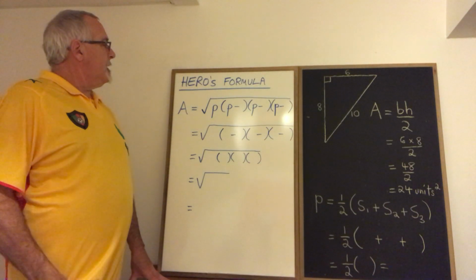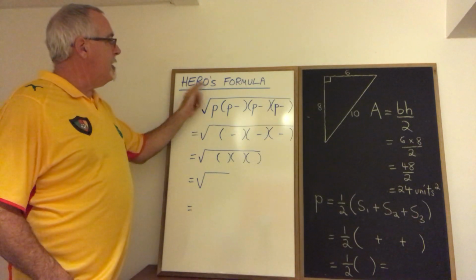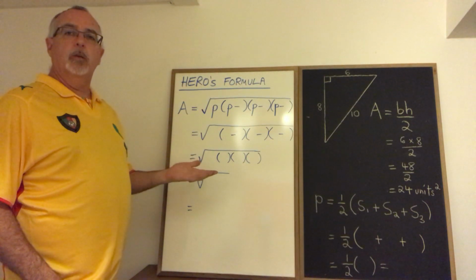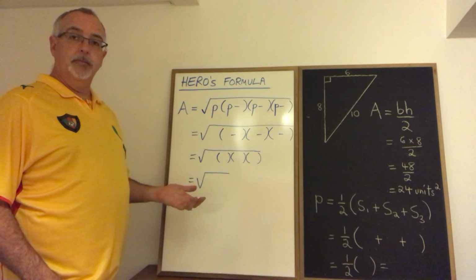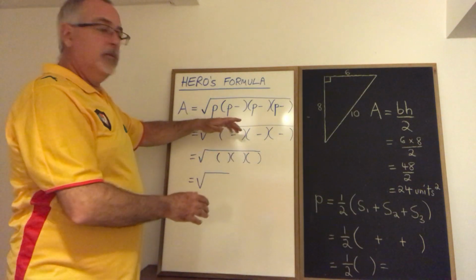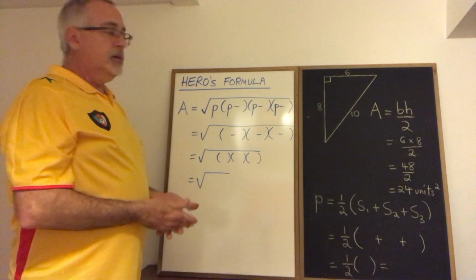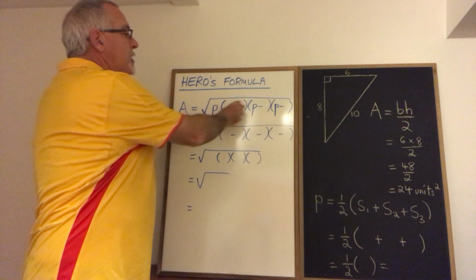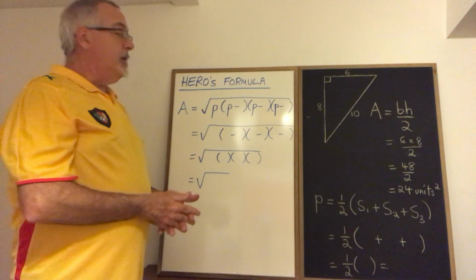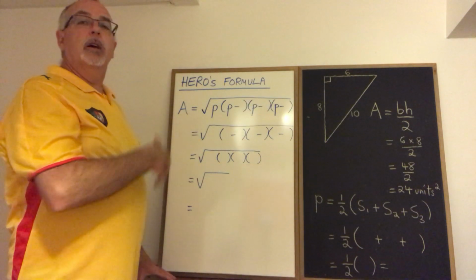Today's daily dose of math is how to use Hero's formula, also known as Heron's formula with an N here, which is a formula for finding the area of a triangle when you know the lengths of all three sides. The formula can look a little intimidating to a student when they see it for the first time because it seems kind of long. But like all formulas, you put values in all of the positions and you quickly simplify, and it ends up being easy to use. It just takes a little bit of practice to expose yourself to the formula so that you're familiar with the